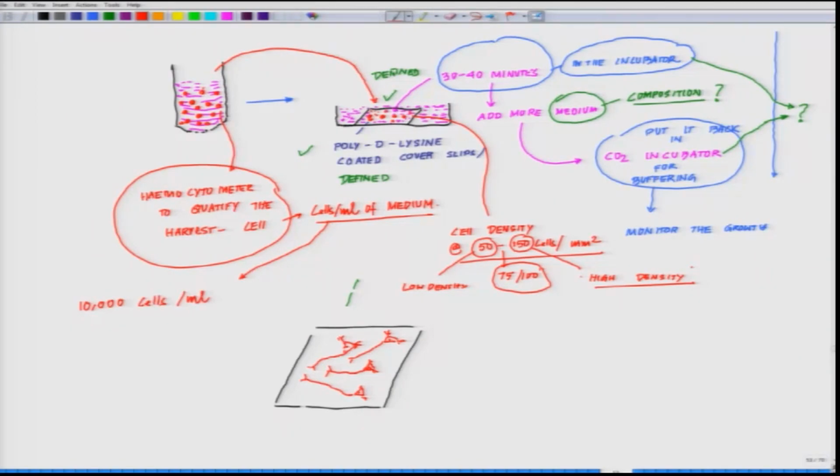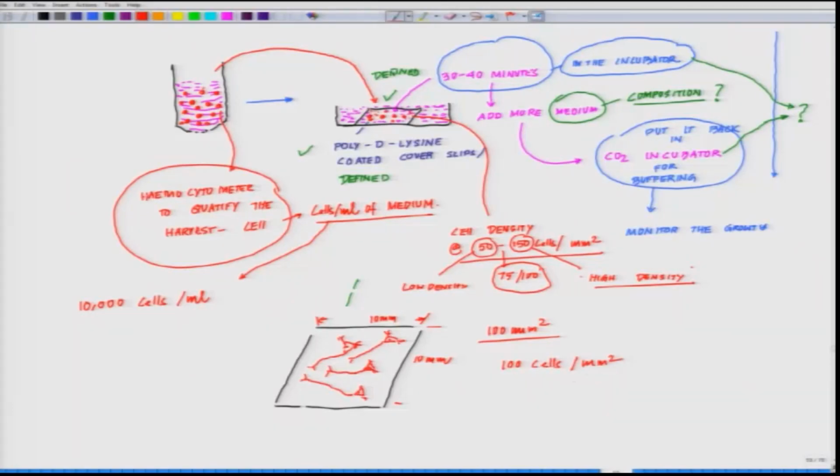Okay. Now, I want to plate, say, on a cover slip of whatever size; I am not defining that at this stage. Okay, let us take a number now. Say I have a cover slip of 10 millimeter by 10 millimeter. So, that makes it 100 millimeter square. Accept it? Now, if I have 100 millimeter square, I want a density of say 100 cells per